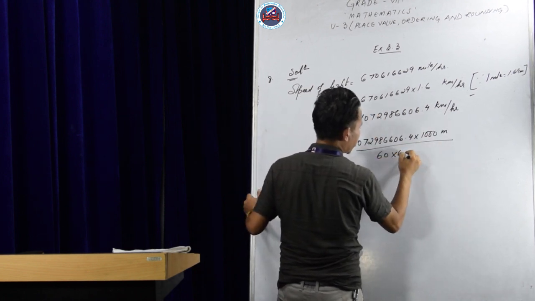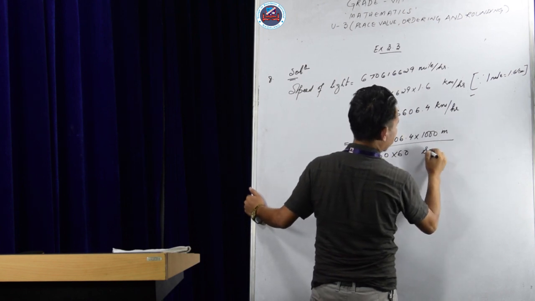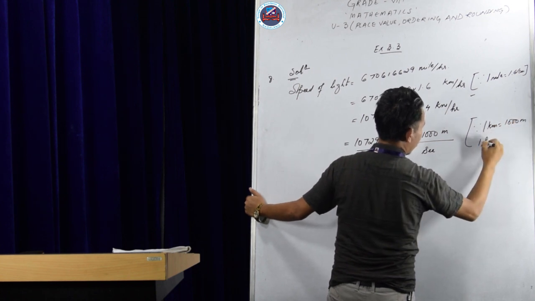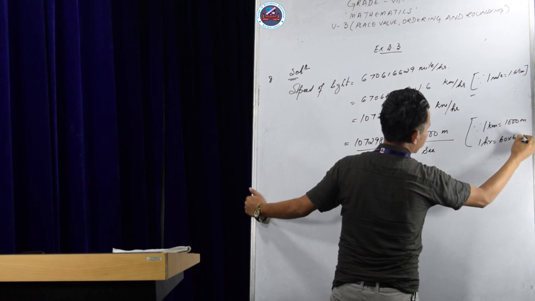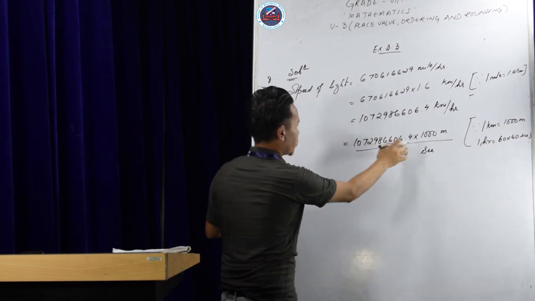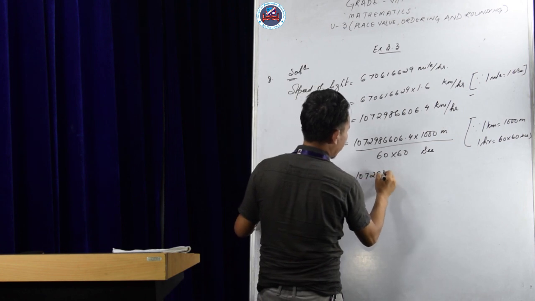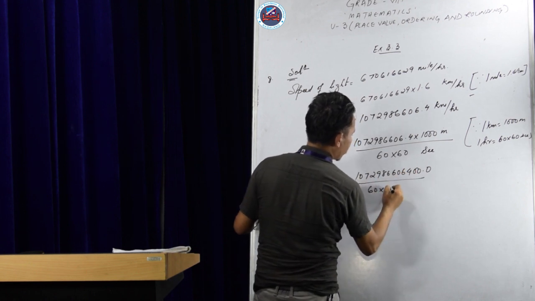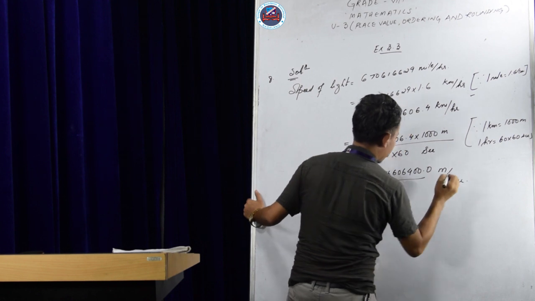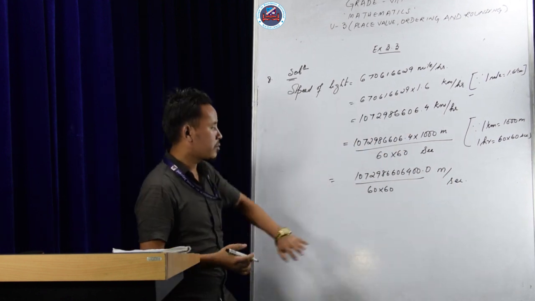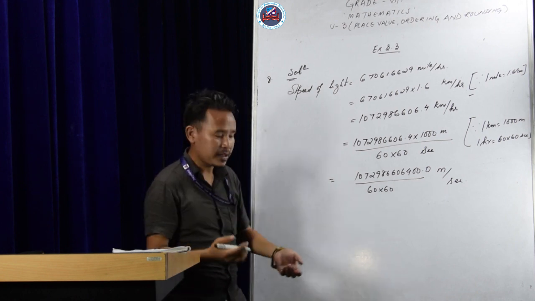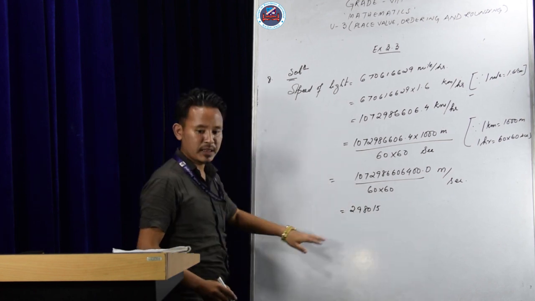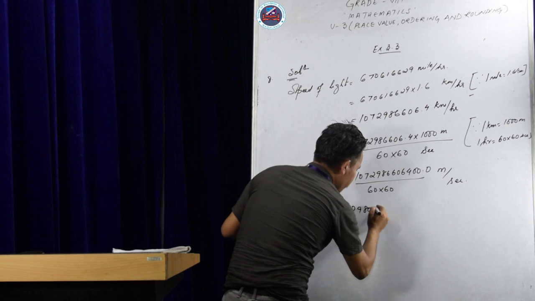Let's convert it into seconds. That means here we get meter, here we get second, since 1 kilometer equals 1000 meter and 1 hour equals 60 into 60 seconds. Right? So what we get here is 1072986606400.0 divided by 60 into 60 meter per second. Okay? Now when you calculate, multiply and then divide, the answer which will end up is 298051